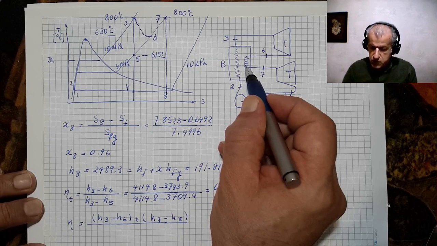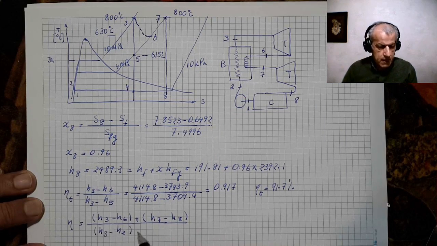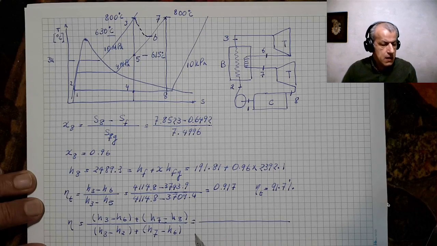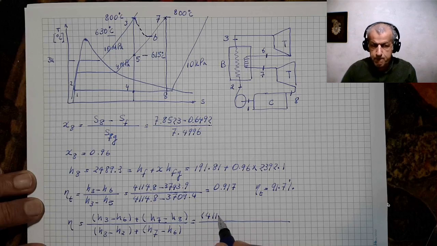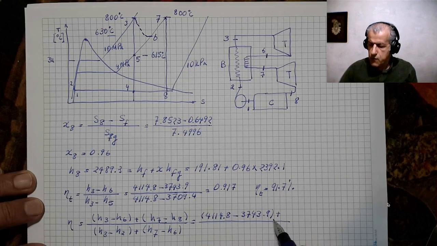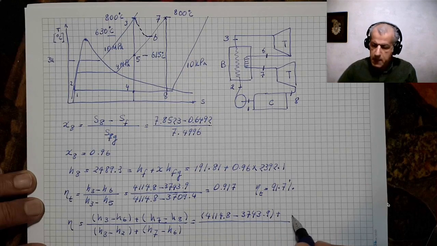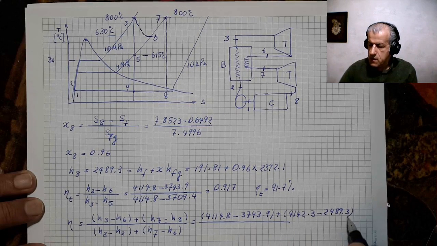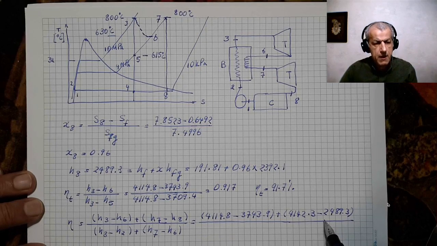So it would be H3 minus H2 plus H7 minus H6, and inserting values into this equation, it would be 4114.8 minus 3743.9 plus 4142.3 minus 2489.3, and these are the works by both turbines,